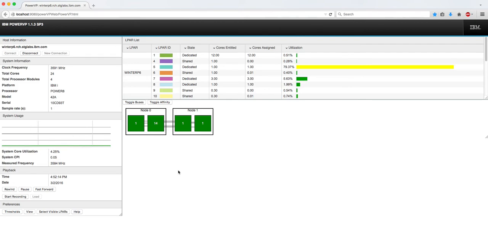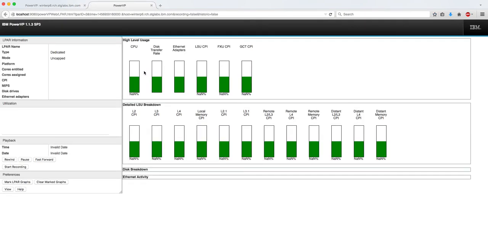But then we also still have the LPAR view in our web GUI. And so if I want to open up the LPAR drill down, I can find an LPAR up in my table that has its name in this far left column. So if I click the row that has the LPAR filled in, now it will open up the LPAR view in a separate tab,